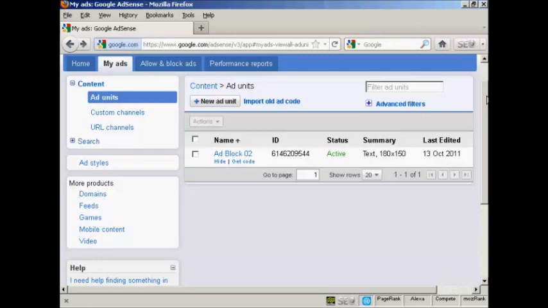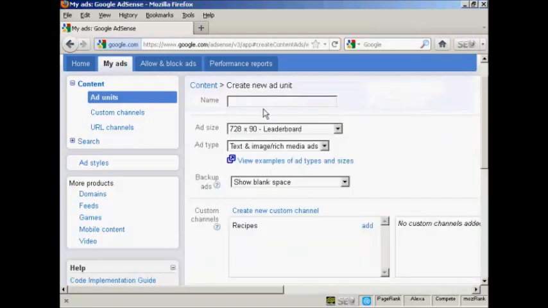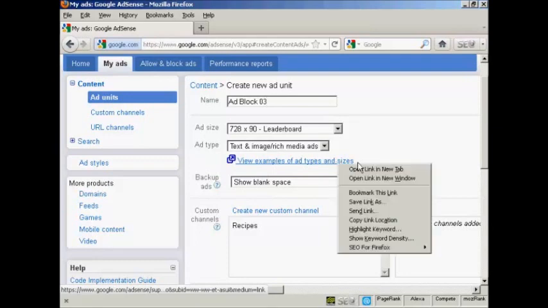What you'll do is click on the tab here that says My Ads, and then click here where it says New Ad Unit. You need to give your new ad unit a name. I'm going to call this one Ad Block 03, and then you need to set the ad size and the ad type. Now there are various different types of ad types and ad sizes, which you can see here in this link. If I just open it in a new tab,